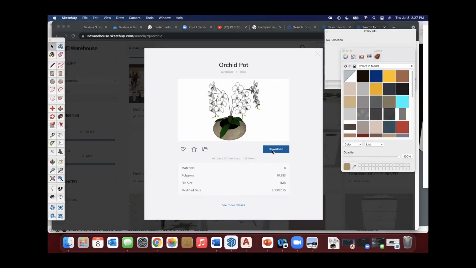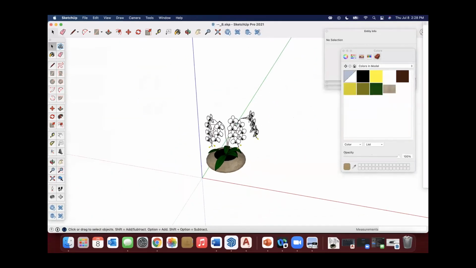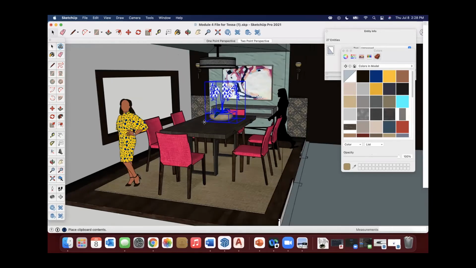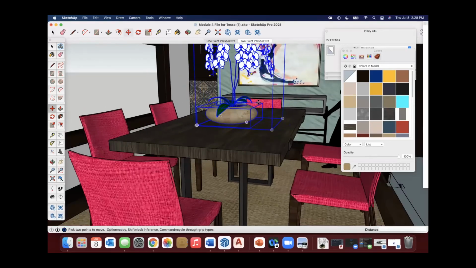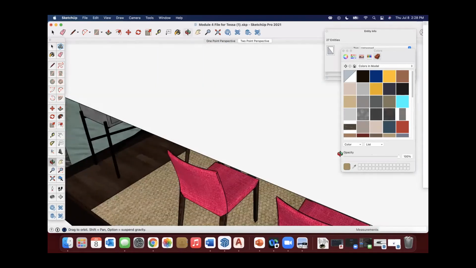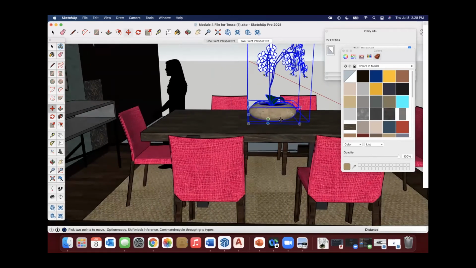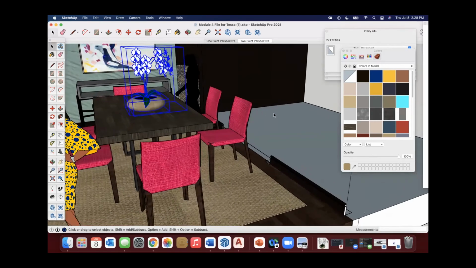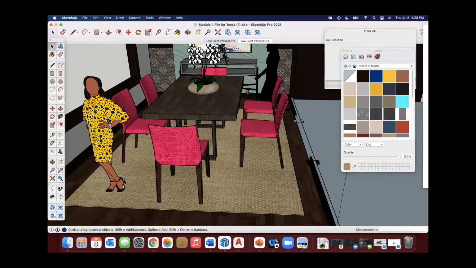So we're going to bring in that entourage and it's going to open up the file, and I'm going to Command C or Control C it to copy, Command V or Control V to paste. My computer's having to hang on. There we go. Now I've got to figure out where the center of the table is. I could get really perfect with it and do guides and stuff like that. And then I could decide, hey, how does that look scale wise? Is it too big? Is it too small?